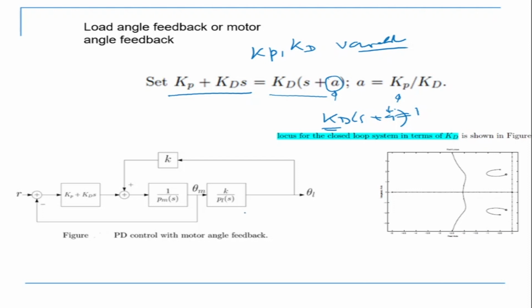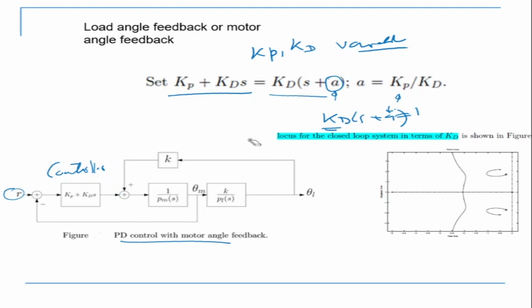So now my block diagram comes out like this, where we have a 1 by JMS, 1 by JL. This is the earlier part. This is my compensator, this is my controller. My input is coming here to the controller and then it's controlling the plant. This part is same as before.